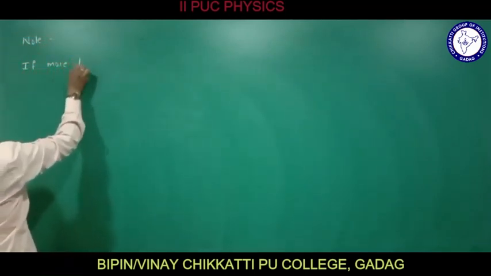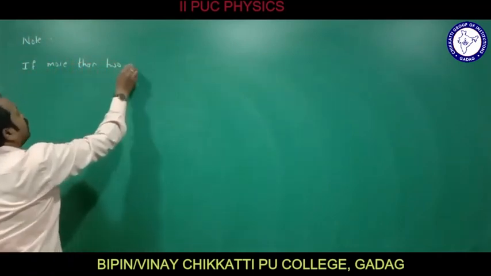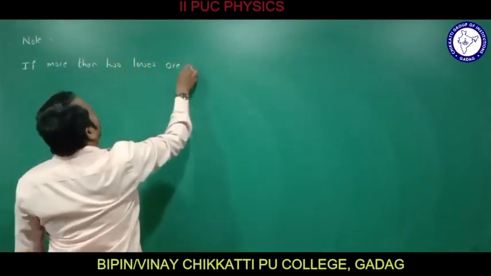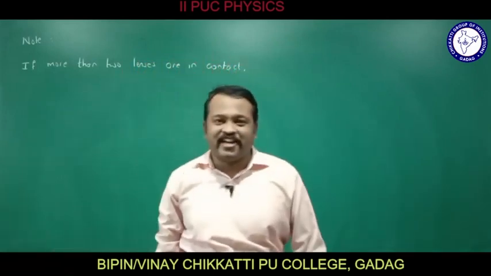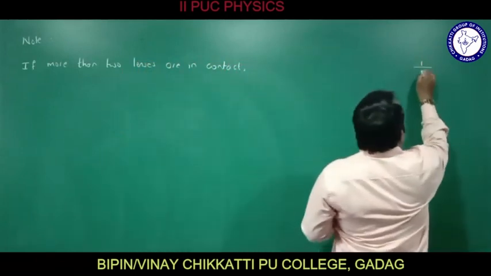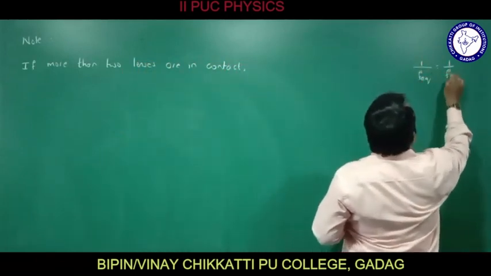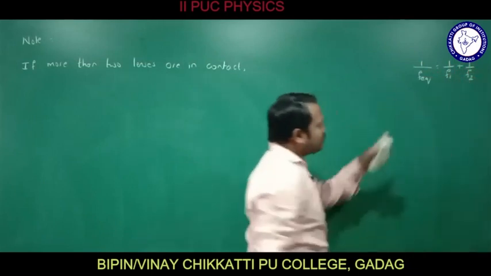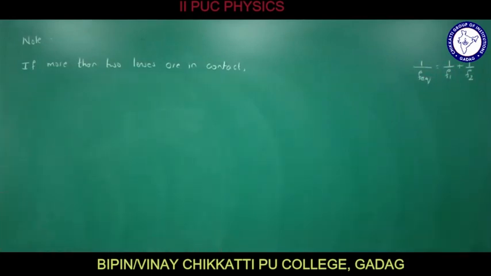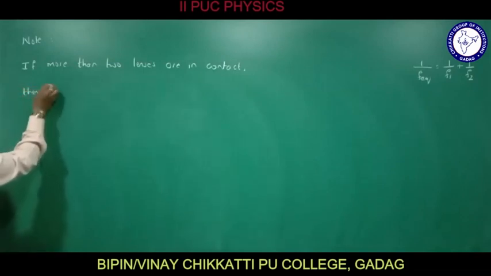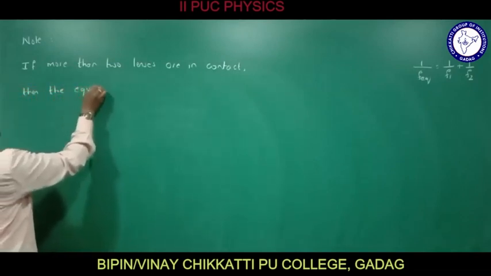First one, if more than two lenses are in contact. We have seen if two thin lenses are in contact, the formula is 1 divided by F equivalent is equal to 1 divided by F1 plus 1 divided by F2. This is the derivation which I had done here. Now if more than two thin lenses are in contact, then the equivalent focal length